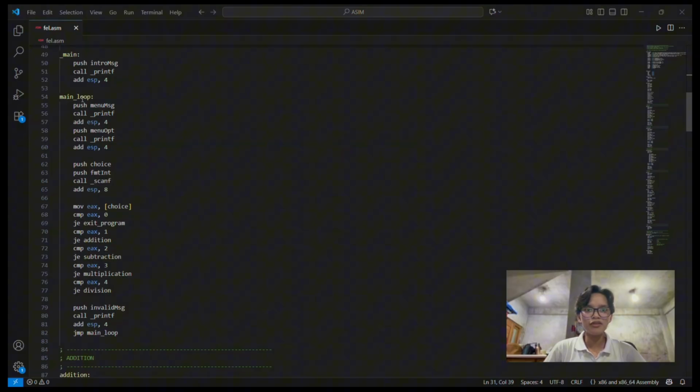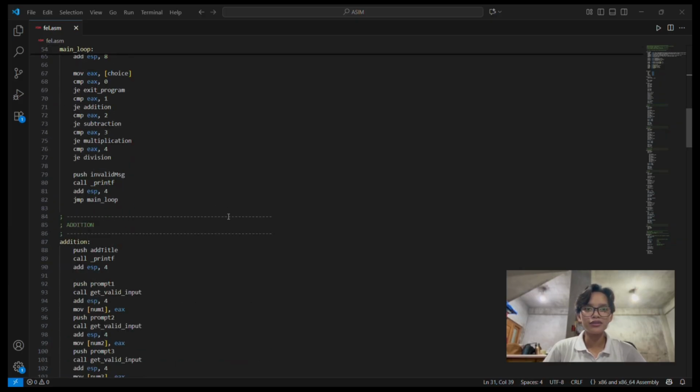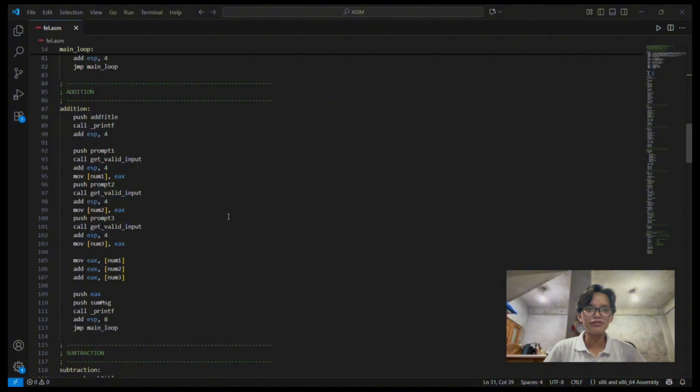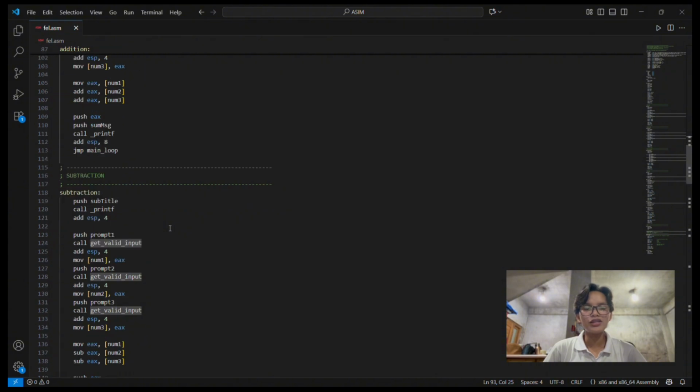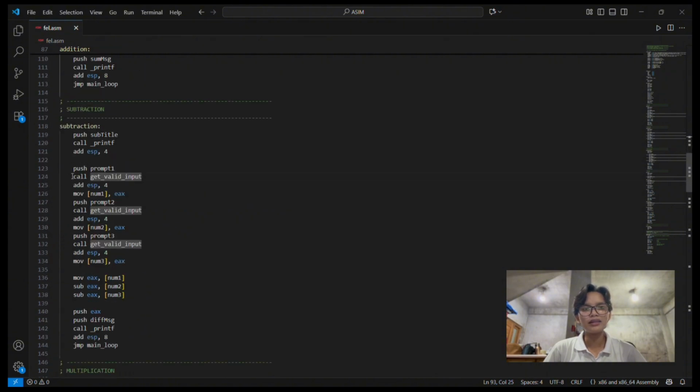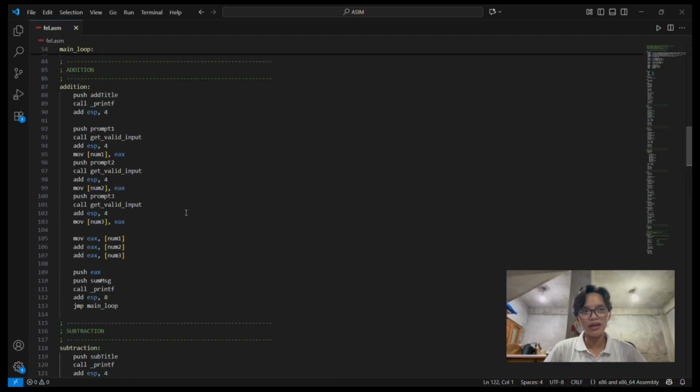So, for each of the four arithmetic operations, the structure is similar. The calculator first calls a helper function named get_valid_input to make sure that each entered number is within the allowed range, that is, between -99 and +99.